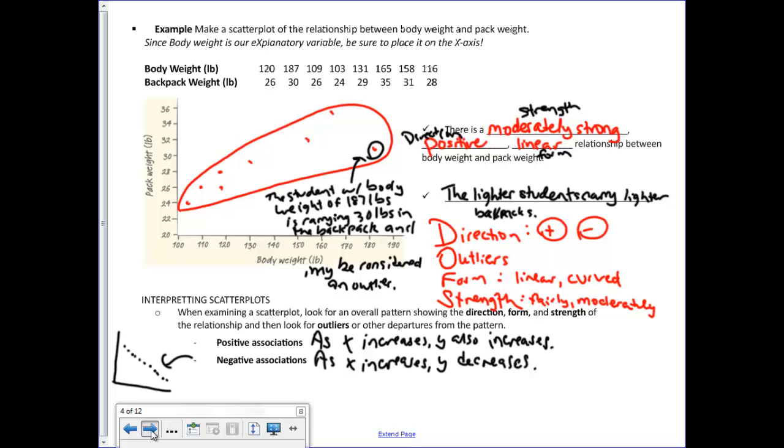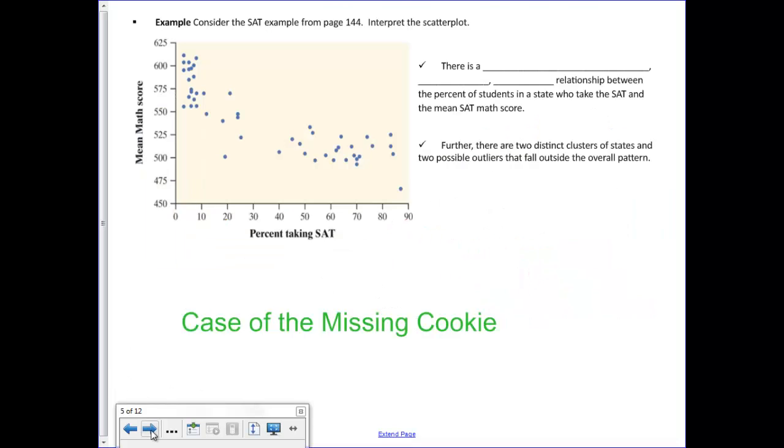How about here? And then we'll take a little break. Looking at this scatter plot, what would you say about the strength? Is that strong, weak? Moderately strong? We're going to say this one's moderately strong. We'll get to some in a little bit that are moderately weak. What direction is it going? Positive or negative? Negative. There's a moderately strong, negative,